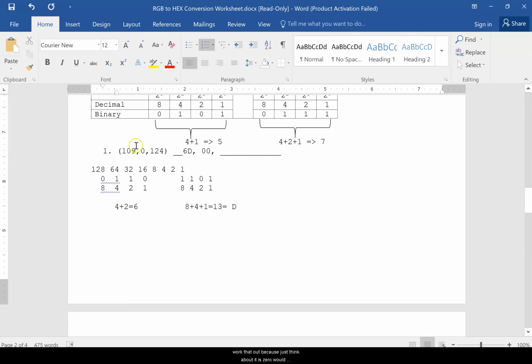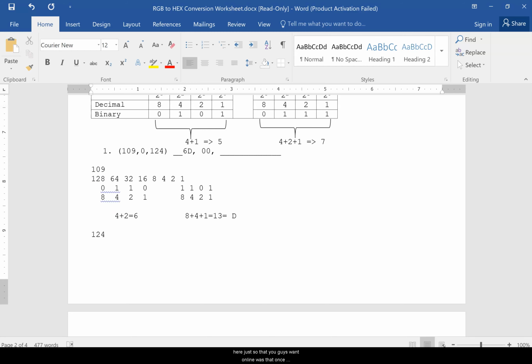You don't even really need to work that out, because just think about it. A 0 would have zeros on all of these. And so since they're all off, there would be a 0 on this side and a 0 on that side. So that's pretty easy. A 0 is just going to be 0, 0. All right. So next, though, we've got 124. And I'll put this right here just so that you guys, 109 was that one. So 124,